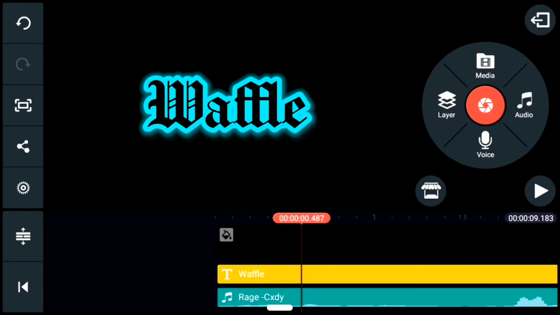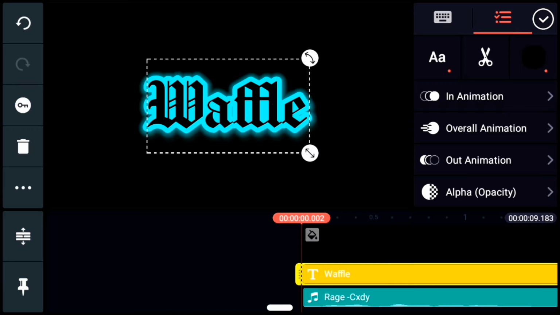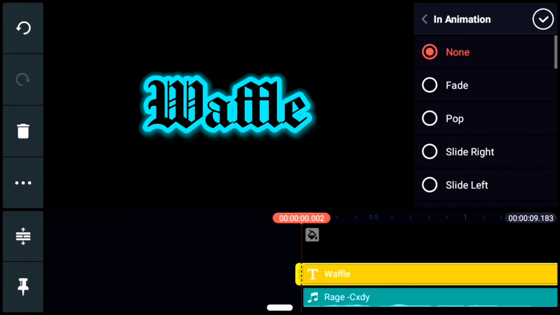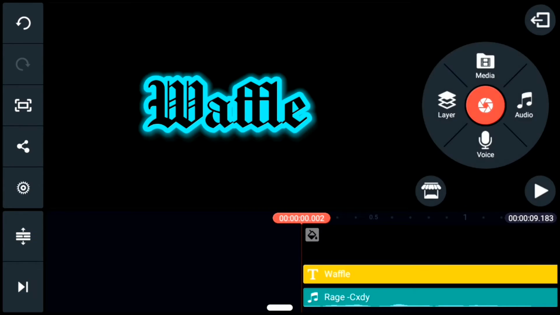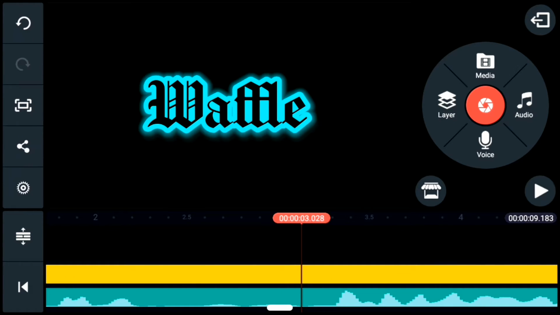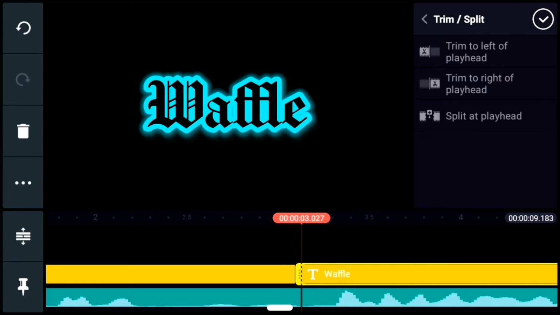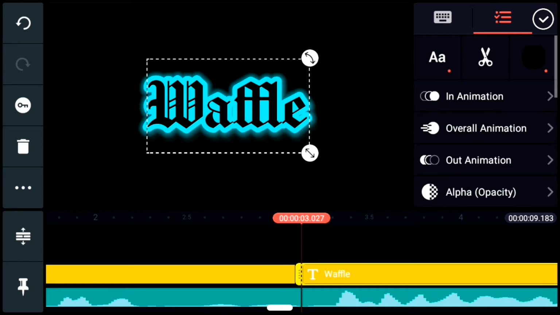So first things first, with the animations, you can also sync it to the beat. So the way we would do that is we would come, play the music, and right when the beat hits, we're gonna split at playhead. Oops, sorry. And then we're gonna come to end animation